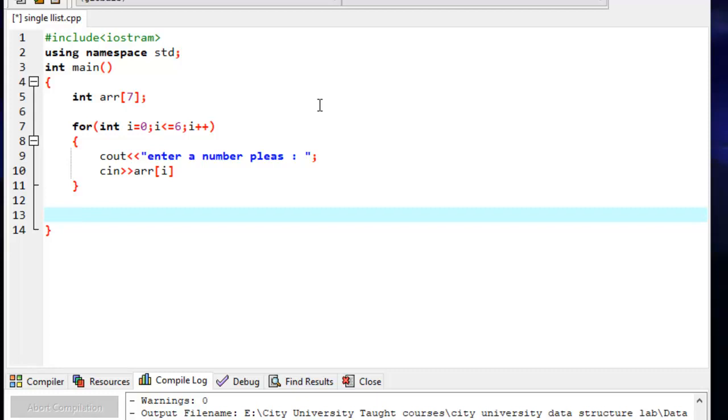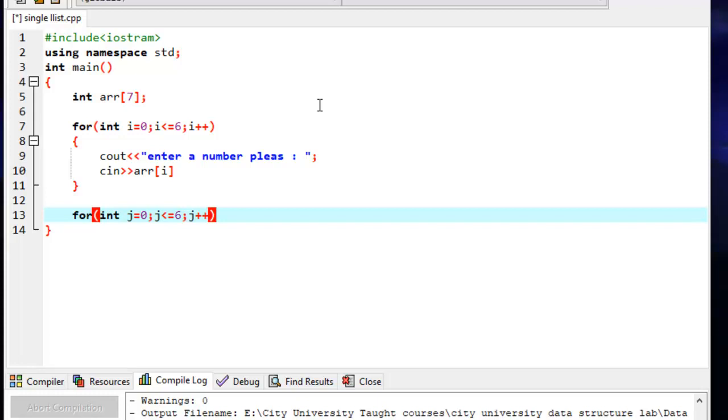The loops compare the first value with the second value. So first I want to create int j is equal to 0 and j less than or equal to 6 and j plus plus.